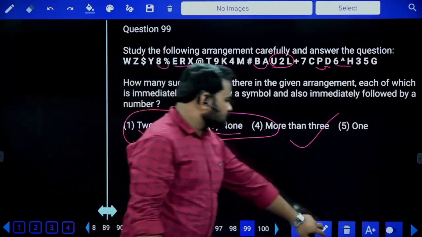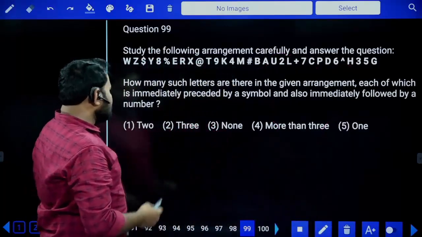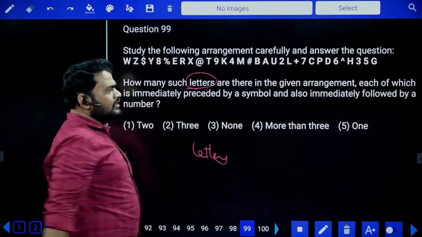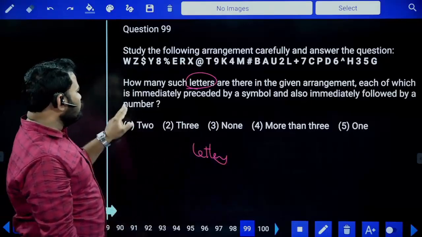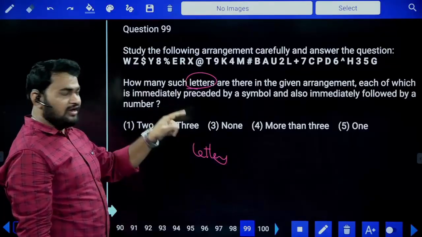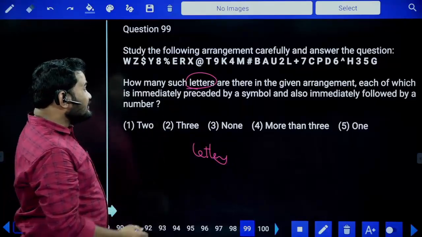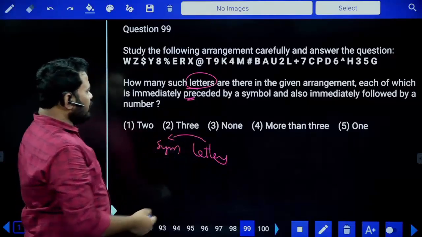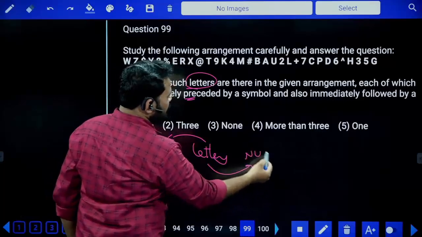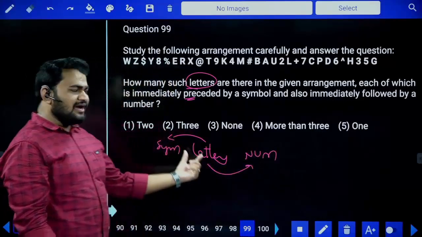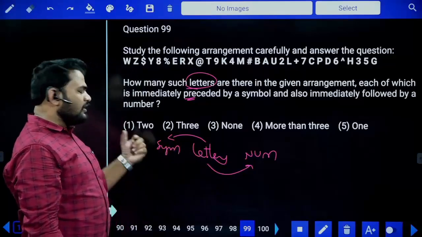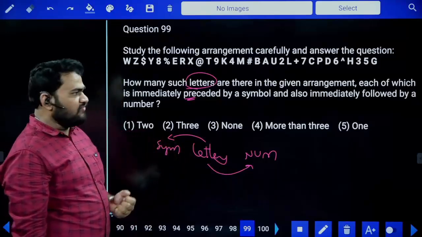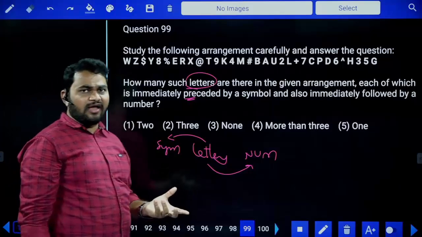Next 99. How many such letters are there? We need to find out letters, each of which is immediately preceded by a symbol, and also immediately followed by a number. So we need to get letters, each of which should be immediately preceded by a symbol and followed by a number. Though we are asked to find out letters, finding letters in the sequence will be somewhat more difficult than